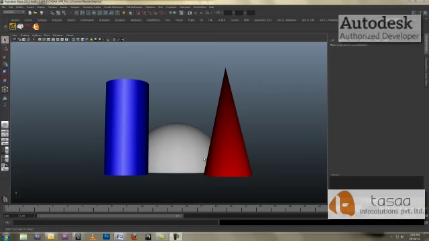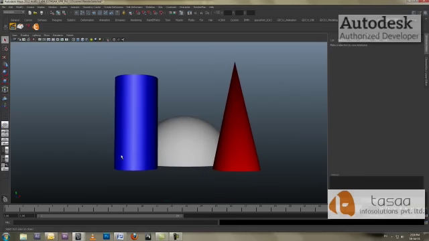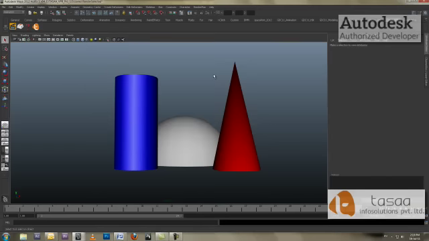So in short, if you want to render a selected object but also the contribution of other objects onto that particular selected object, then you can use this render selected feature of our VPR tool. But if you don't want to render the contribution of other objects onto that particular selected object, then you can use this feature. You can check on this render selected objects only from your render view. So it depends on your requirement.